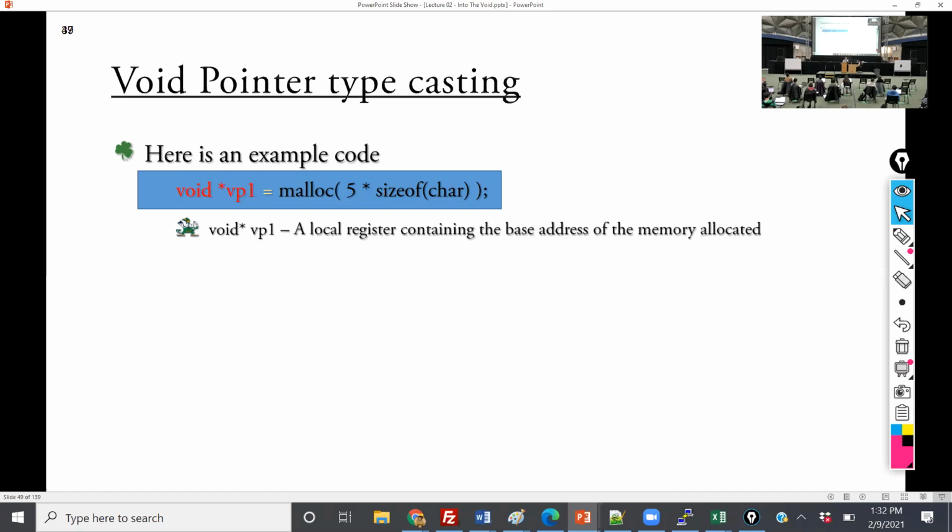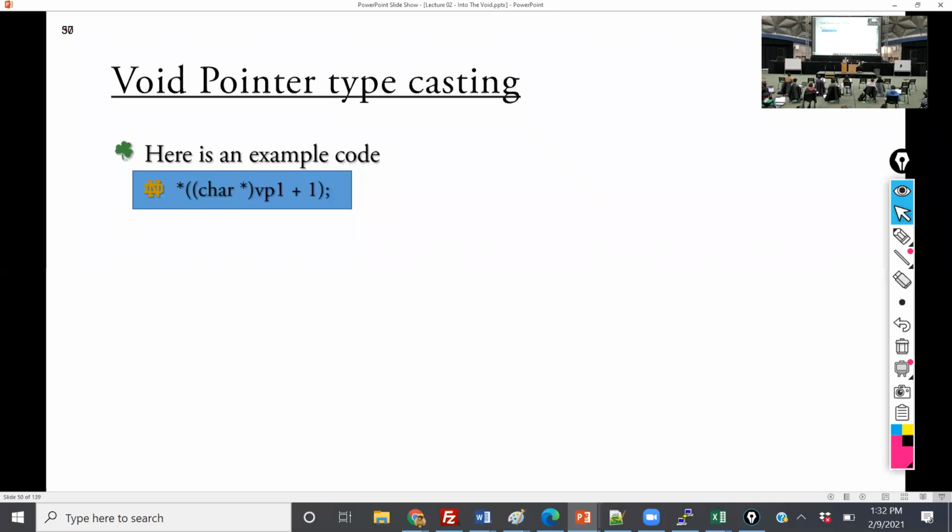Okay. So now, and Carlo, this is going to address the question that you asked, we're going to try to transition from void star to a type pointer and what the difference is. Here we have what looks really messy, but when I break it down to what this actually is, it will be very familiar to you. I have star, parentheses, in front of VP1, char star, +1. So let's break this down and make this make sense. Once this makes sense to you, you'll understand what's going on underneath the hood in arrays.